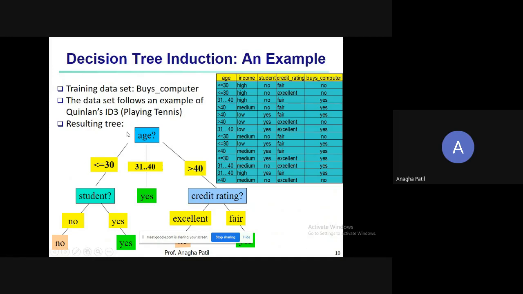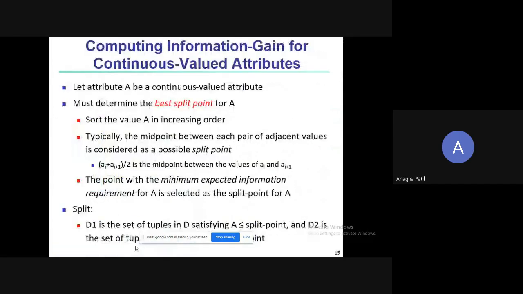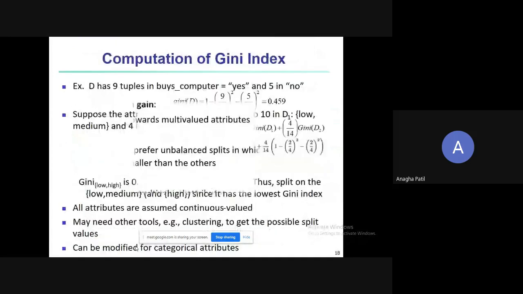Okay, so this is how a decision tree is built. Now, how would this be used to classify? Let's say we get a particular record saying that the age is less than or equal to 30 and student is equal to yes. So we'll move ahead through this particular decision tree. We'll say that the age is less than or equal to 30, so this particular branch would be followed, and the value of the student attribute is yes. So the class label predicted would be yes. This is how a decision tree works. Here I have basically provided how it goes ahead, but we are not going to see this in that much detail. Let's go ahead to the next classifier.